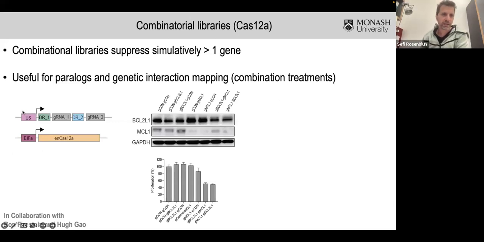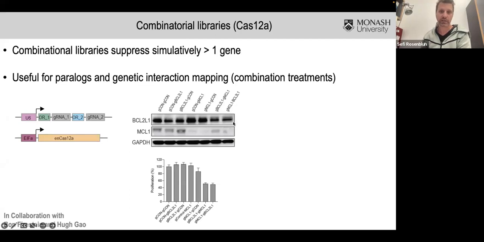So what you could basically create is it has a very short tracer. It's called these direct repeats that it has. And we have a couple of different direct repeats that we could use. So we just create an array of guide RNAs that target whatever genes we are interested in. And the Cas12 itself knows how to basically cut these guide RNAs based on this direct repeat and use them to target a gene of interest.